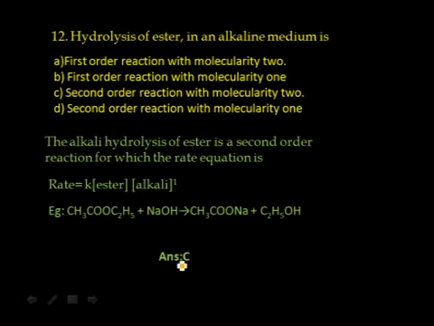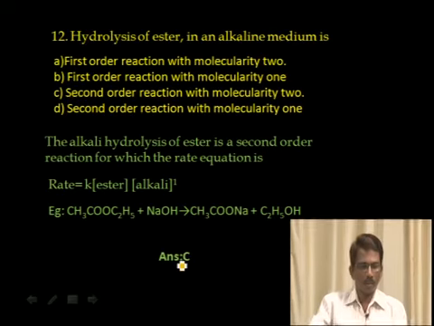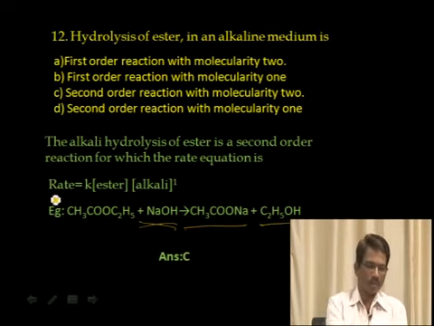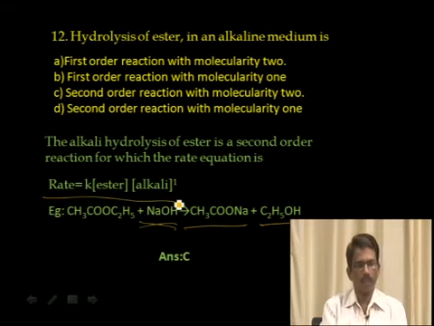Question number 12. Hydrolysis of ester in an alkaline medium. You know, hydrolysis of ester in an alkaline medium is the hydrolysis carried out in presence of a base like alkali, like NaOH. So the ester on hydrolysis with an alkali gives sodium salt of carboxylic acid and alcohol. For this reaction, the rate equation becomes rate equals K into ester to the power 1 and alkali to the